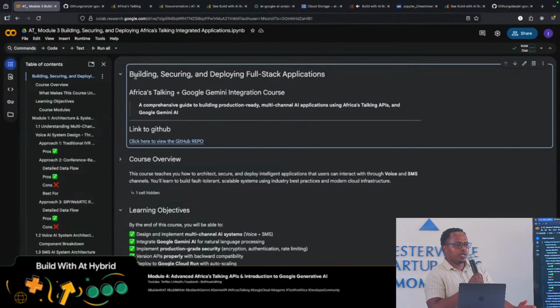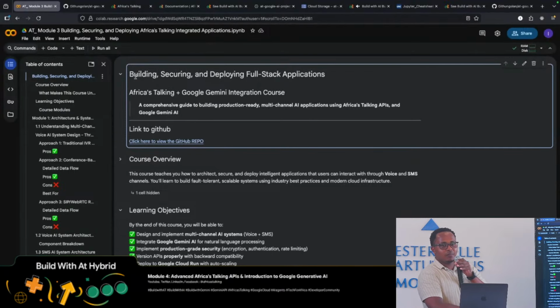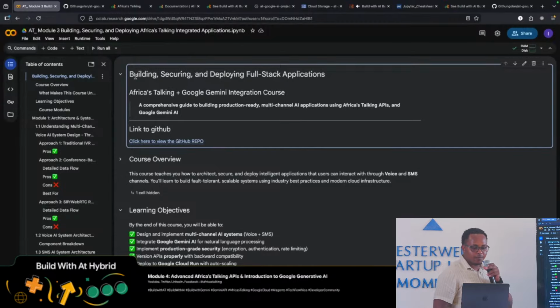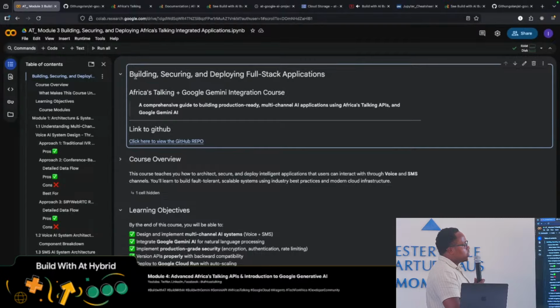We have Python, Node, Java, C#. Check out our NPM packages. But mostly this is going to be a quick walkthrough on how you can build production-ready